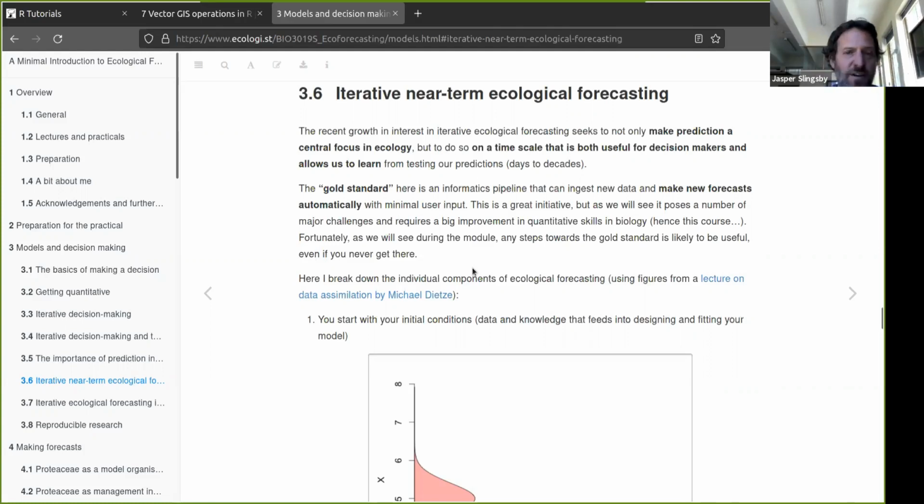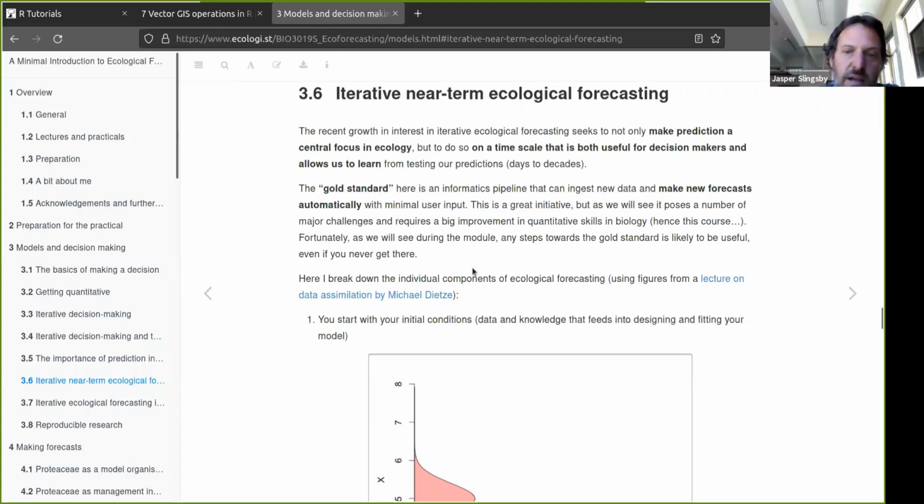Previously we kind of just fit our model with whatever data we can find and then make a projection and walk away, and maybe say to some policymakers, oh yeah, you should worry about this. But actually there's very little basis for them to assess the validity of the work we've done. So making near-term forecasts and being able to learn from how well our forecasts do relative to reality really is a great advantage. And it then becomes an iterative cycle, which is a learning cycle, which kind of mirrors